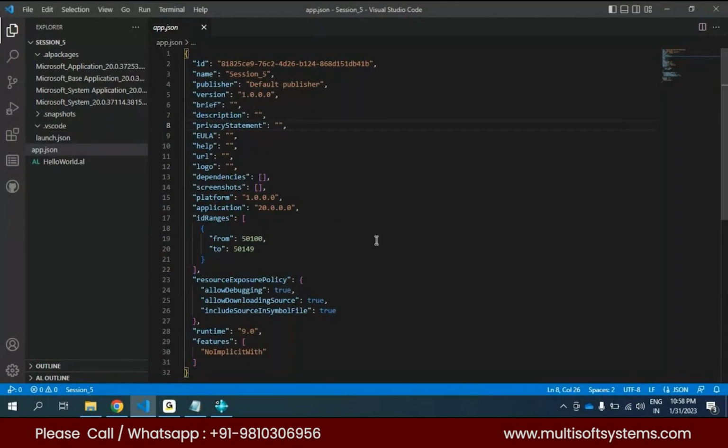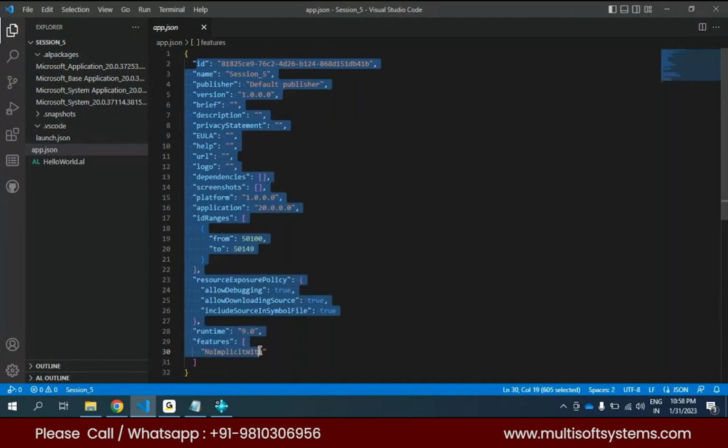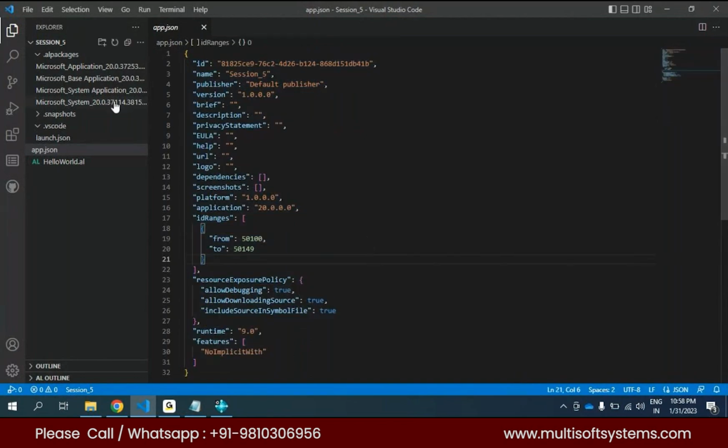Now we'll talk about what is the app.json file. Okay, app.json file. So what happens, this is the VS Code. Okay, this is the VS Code, and in the VS Code you have made a project. So whenever you get any kind of requirement like customizations, or you have to make functionalities,